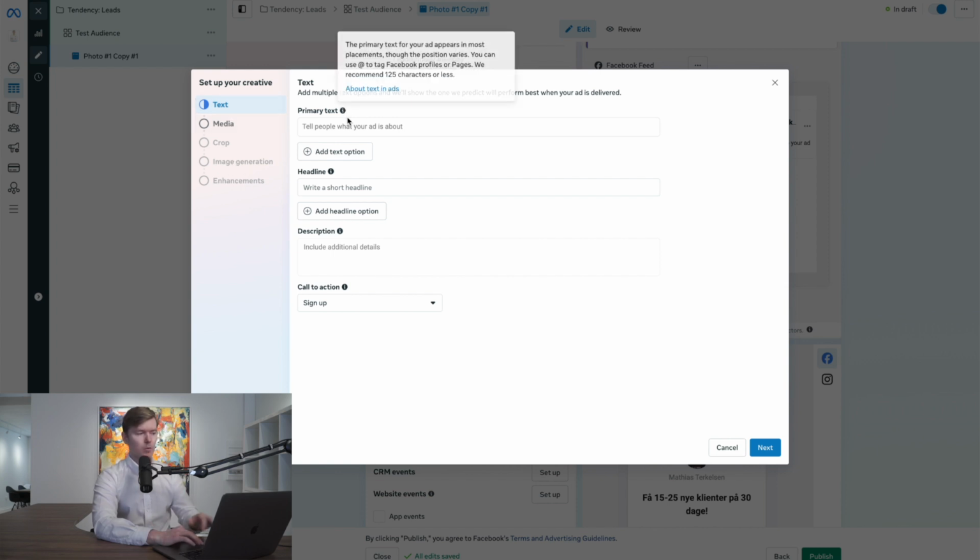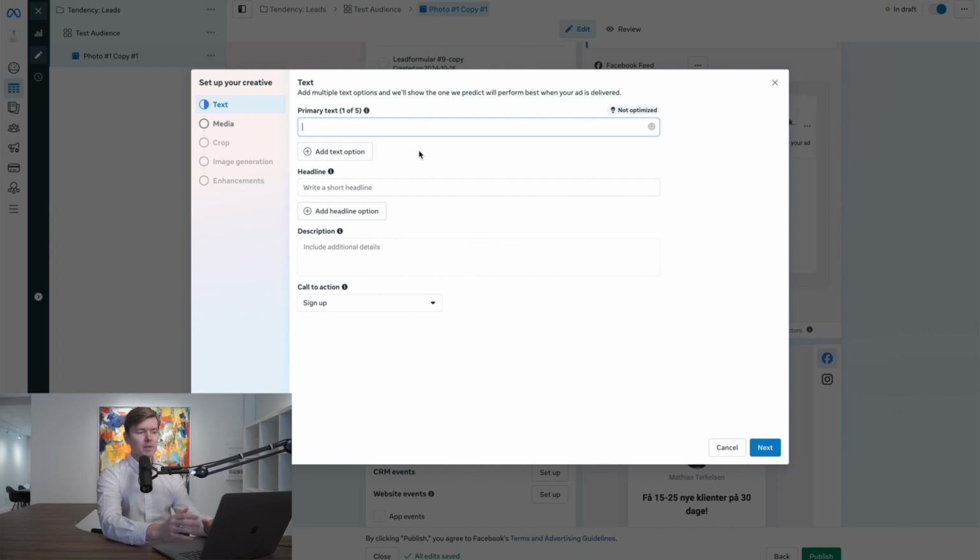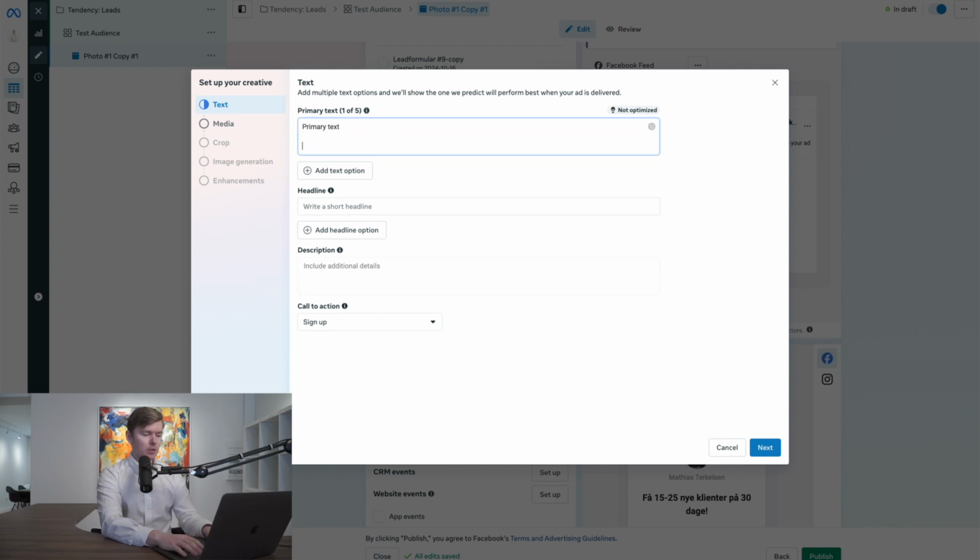I'm just going to walk you through it right here. So I don't have any specific text to put in, so I'm just going to do something simple, which you can do as well. It doesn't have to be complicated. So for example, for primary text, I'm just going to put in primary text, because then I can show you where it shows up. But here you definitely want to start it with something that grabs attention. Now, what I normally do when it comes to the primary text is that I put a question.